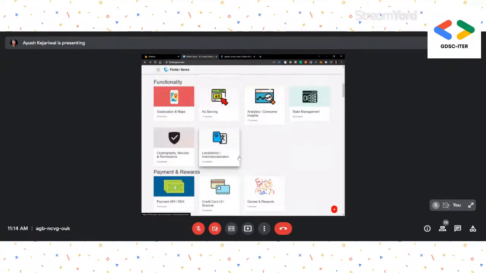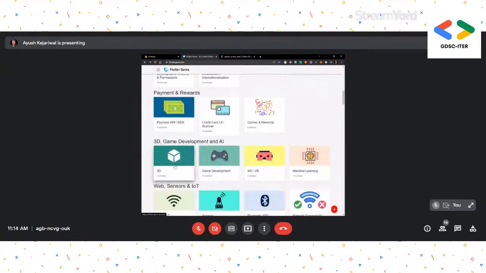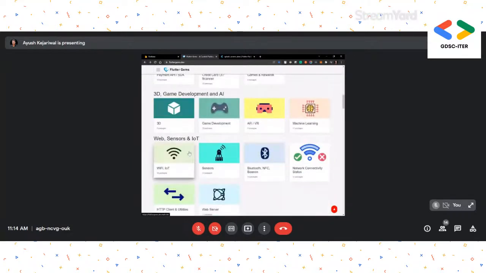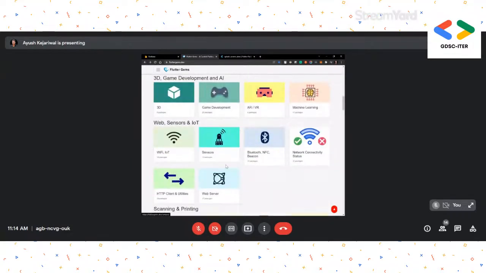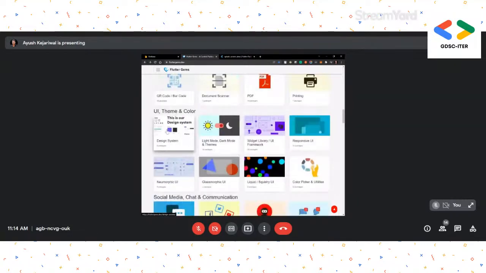Localization, like you want your app to be in multiple languages. So these all are packages you want. You want to integrate payment, games, rewards, 3D, or you want to use sensors of your phone. So you can use it from here. You just have to click, like this is the UI and theming. So there are some of the